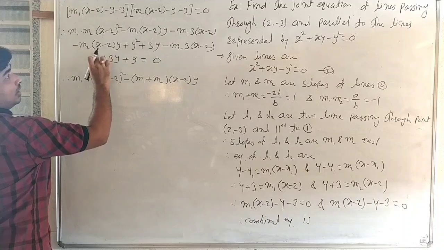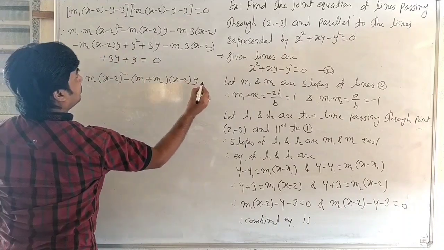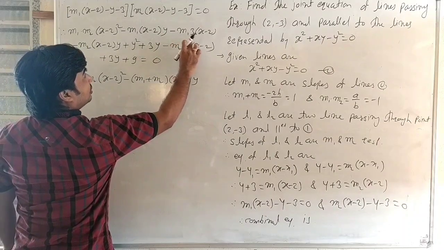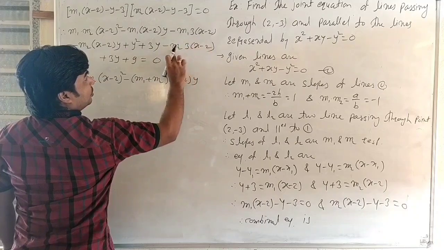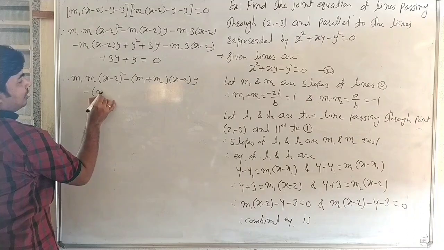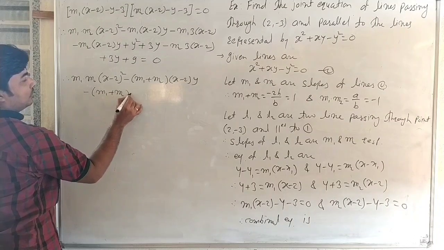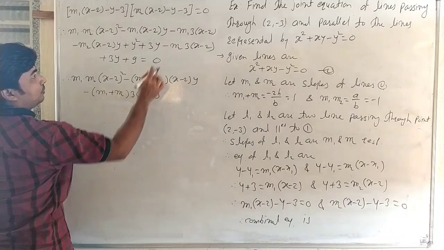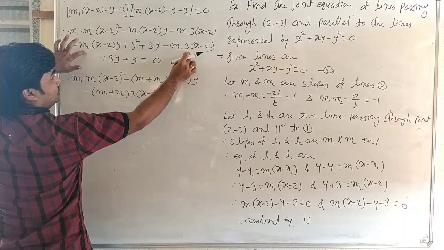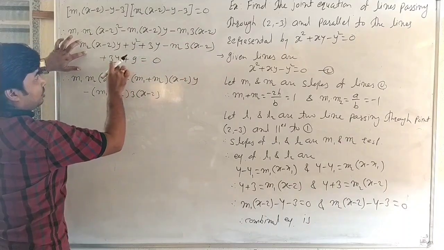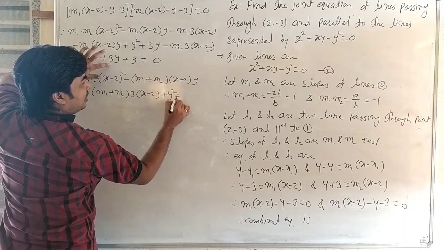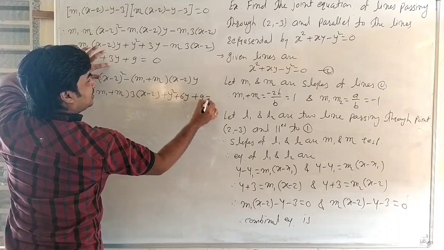Okay. Now, again it is y square. And it is here minus 3 m1 (x minus 2), m2 (x minus 2). Again here take minus (m1 plus m2) 3(x minus 2). Okay, here first term, second, third, fourth, and this term can be written in the form of this. Now these four terms, therefore plus y square plus 6y and plus 9 is equal to 0.